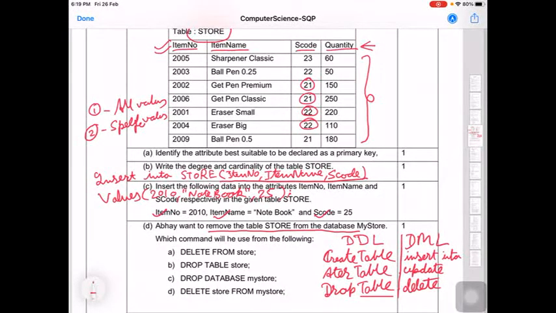Okay, so here is your answer, drop table store followed by a semicolon. This will be your answer. So you must first identify the type of command that you are going to use, either it is DDL or DML. So if it is DDL, then there must be a table word in the command, and if it is DML, then you have these. Okay, drop table to delete the structure, and delete to delete the rows. Okay, so this is the answer to your fourth question.